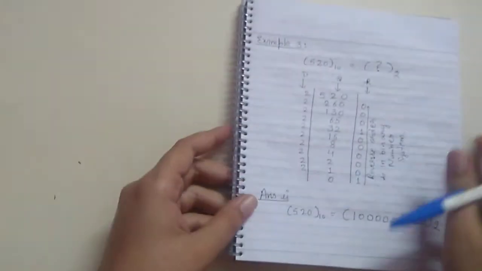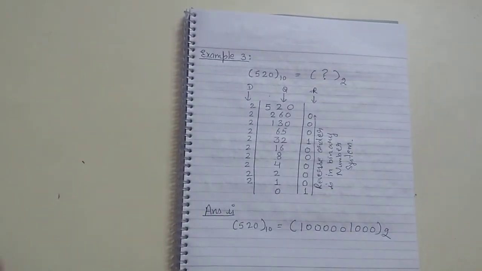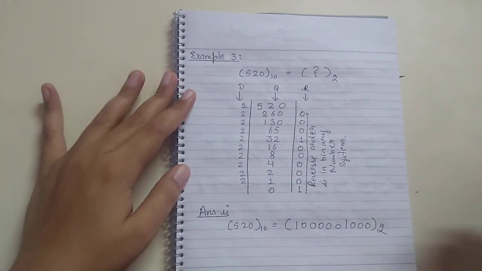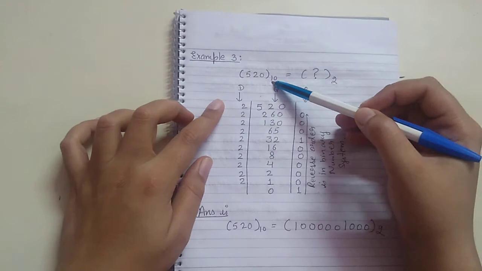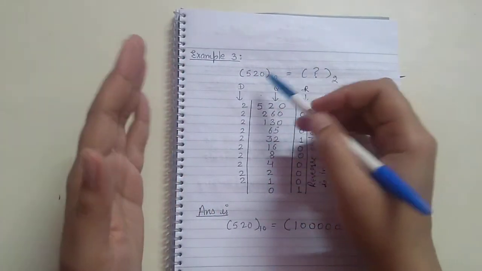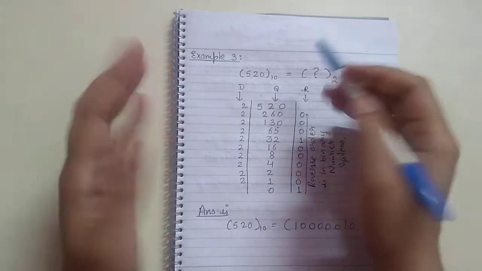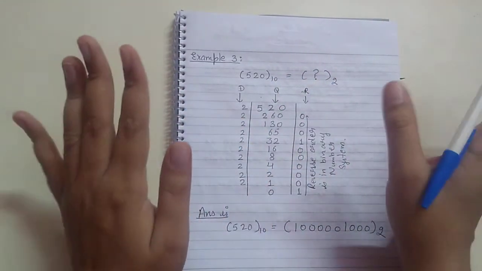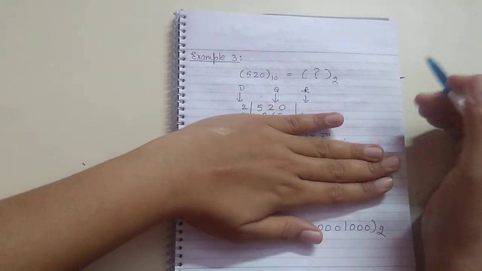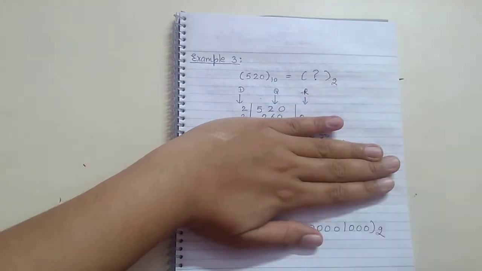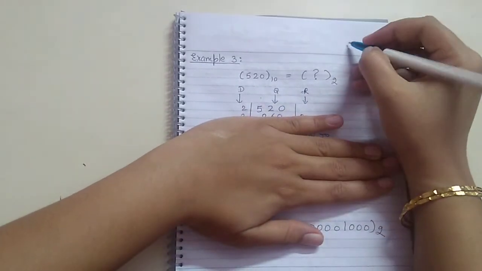Okay. For better explanation, I am taking a third example here. Now we are taking the number 520. 520 is also a decimal number. 5, 2 and 0 are between 0 and 9. So this is the decimal number and we have to find the equivalent binary number. So 520, firstly the quotient is 520, and we will divide 520 by 2.